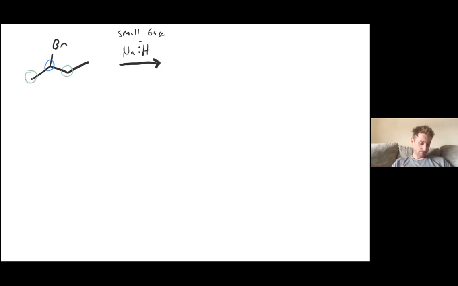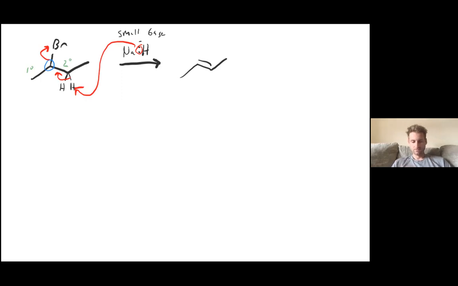So for this one, we have a secondary and a primary position. This is going to be selective for the secondary because it is a small base. It's going to pull off one of our protons, kicking out this bromine, making a double bond,